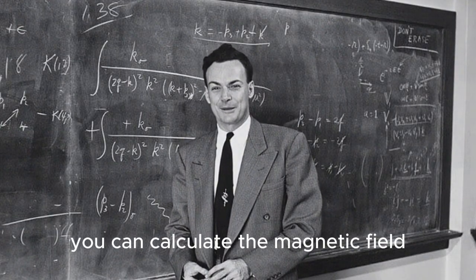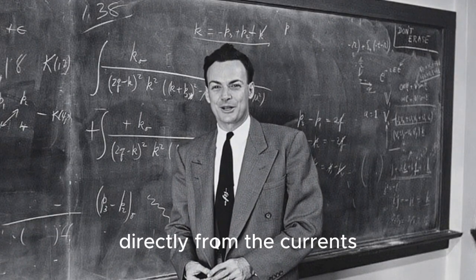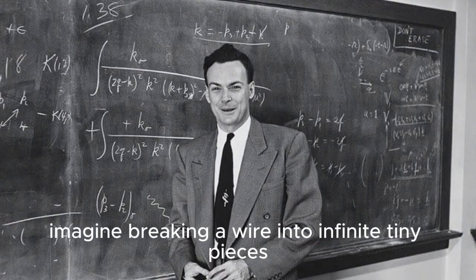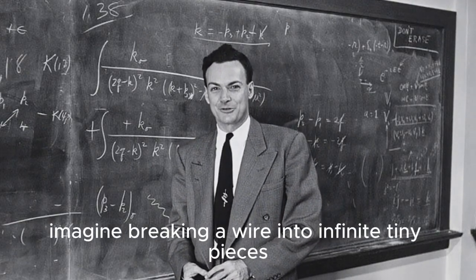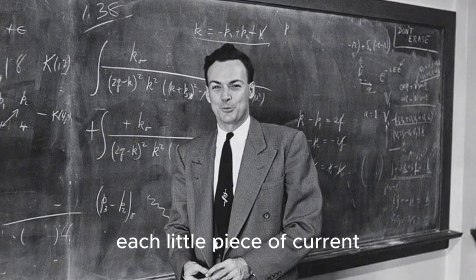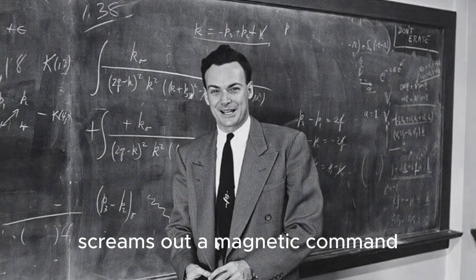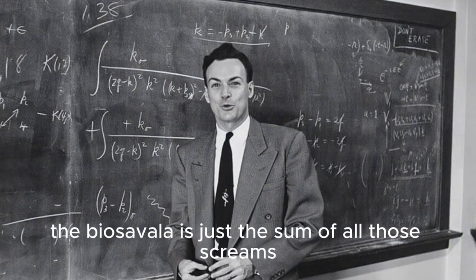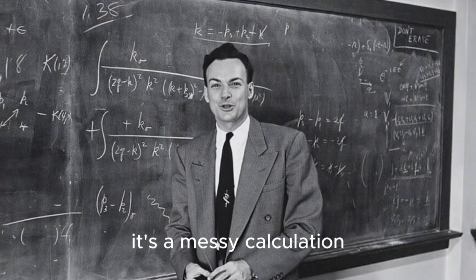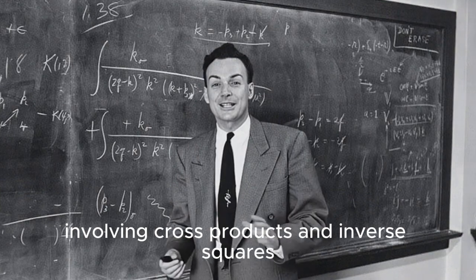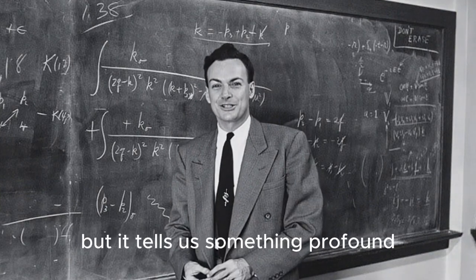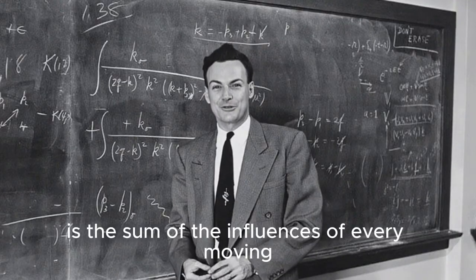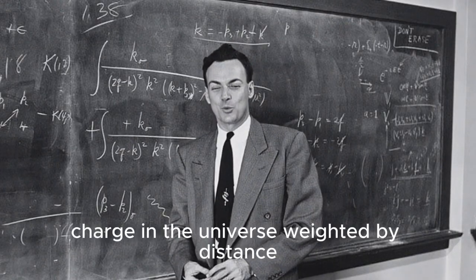You can calculate the magnetic field directly from the currents using a beast of a formula called the Biot-Savart law. Imagine breaking a wire into infinite tiny pieces. Each little piece of current screams out a magnetic command to the rest of the universe. The Biot-Savart law is just the sum of all those screams. It's a messy calculation involving cross products and inverse squares, but it tells us something profound. The field at any point is the sum of the influences of every moving charge in the universe weighted by